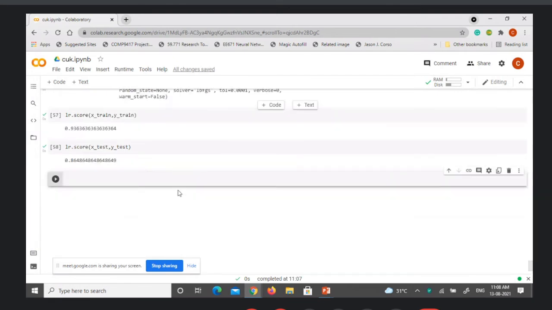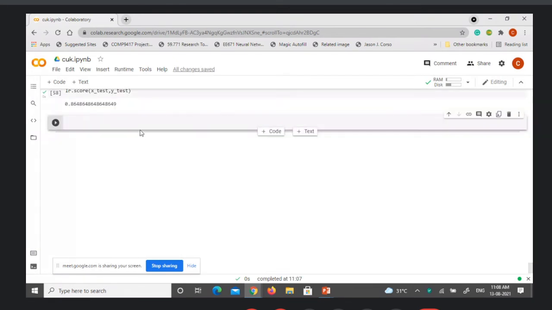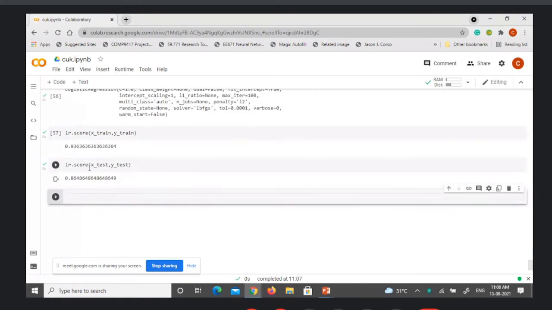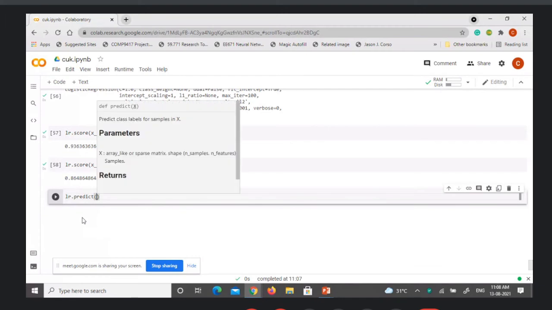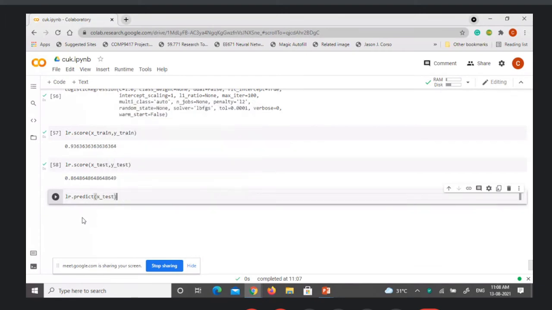We also have different methods to do the prediction. The score basically gives the mean accuracy, but if you want to do the prediction, you can say LR dot predict. Pass the sample X data and store it in y_pred.